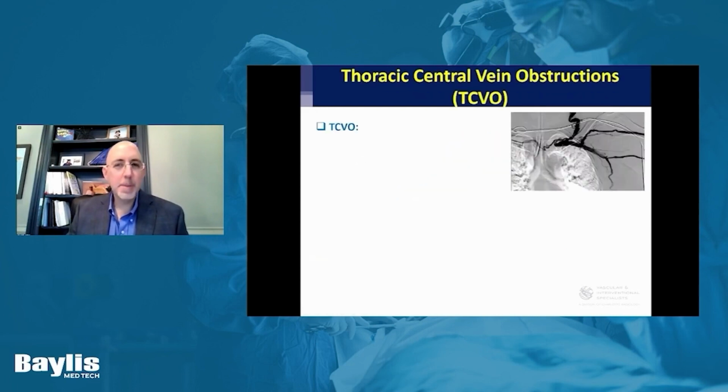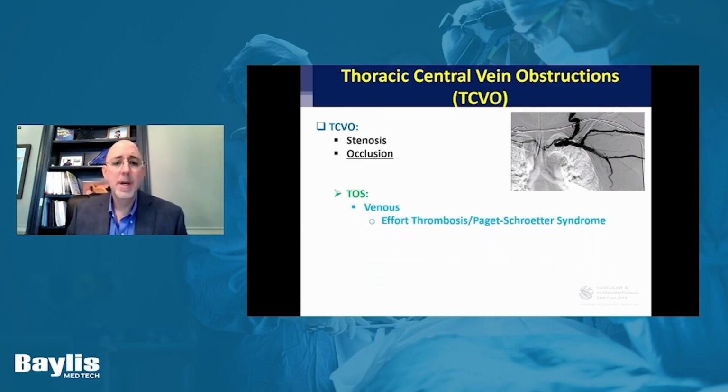We use the term TCVO, which is thoracic central vein obstruction. Keep in mind, an obstruction could be everything from a 50% stenosis to a total occlusion, a chronic total occlusion. And that's what we're going to spend most of our time with today, which are the most complex lesions to treat. There's also some other entities, such as thoracic outlet syndrome, which certainly could be venous, arterial, or neurogenic, and that's not what we're focusing on today. And then we'll also mention a little bit about what to do with device-related obstructions, either implantable cardiac devices or